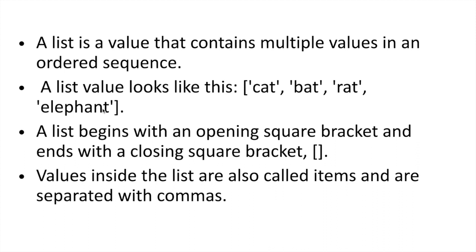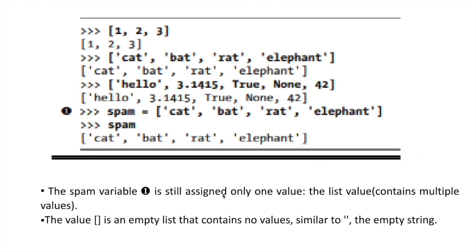So a list is like a value that contains multiple values in an ordered sequence. A list is opened with an opening square bracket, and closed with a closing square bracket. So values inside the list are nothing but items that are separated with commas. Okay. Next,